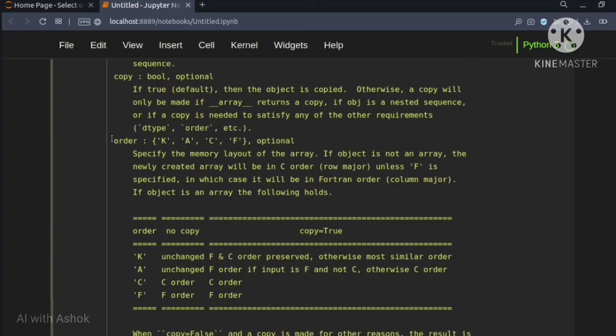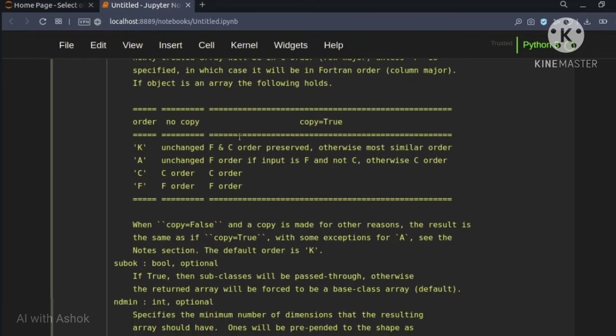Okay, our next parameter is order. Here C is for row measure, for a C-type array. In C we will go with row major order, and F means Fortran here, and in Fortran we will go by column major order. So in Fortran, values are filled column by column. In C we will have row by row: first the first row will be filled, then the second row, then the third row. This will be the row major order. And if the first column is filled and then the second column, then it will be Fortran order.